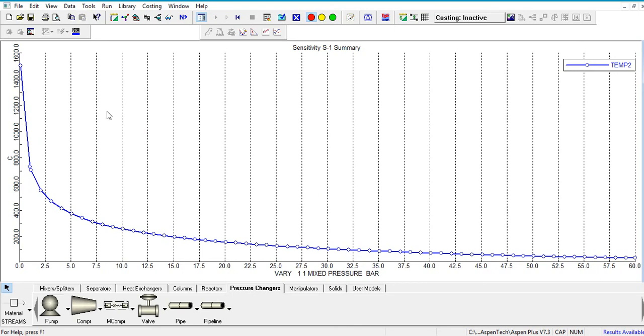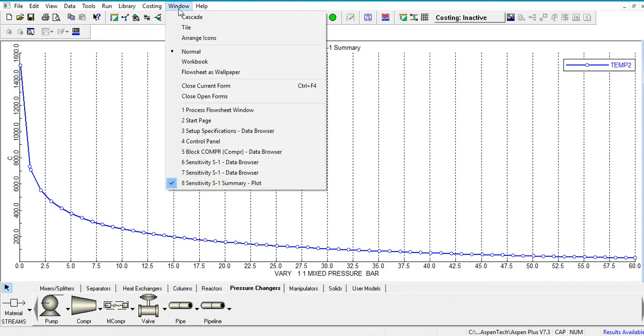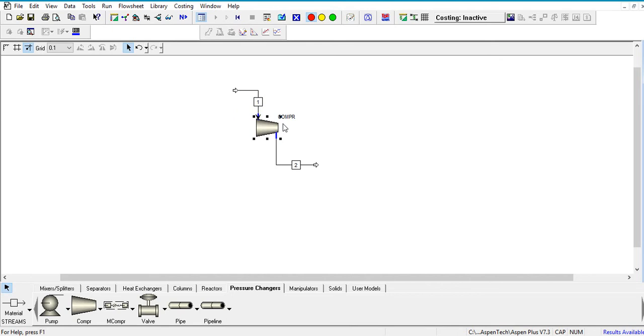So this is the plot. As we increase the pressure of the inlet stream, the temperature of the outlet stream keeps on decreasing. Well, this actually is not of much use for a single block system as we used in our case. Here we simply used it to compress a block. There is absolutely no use of the sensitivity analysis, but I just wanted to give you a brief intro to sensitivity. So I hope you have learned something new on this, and I hope to meet you in the next upcoming tutorial.